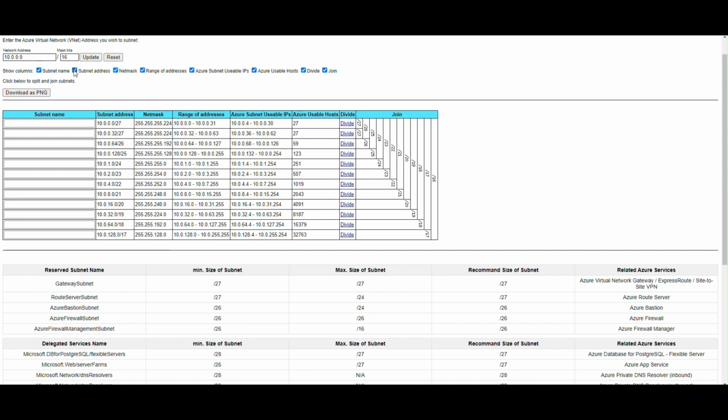For the demonstration purpose, I'd like to keep the subnet addresses. Now I would like to give the first one as the gateway address here, and then next I would like to go with the route server subnet, we'll keep it